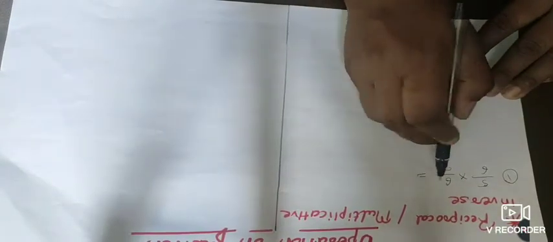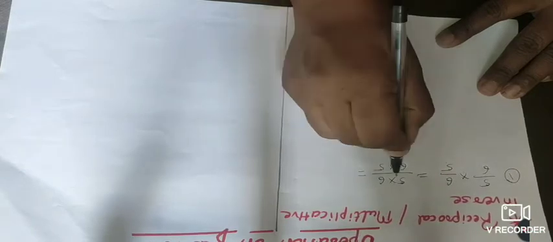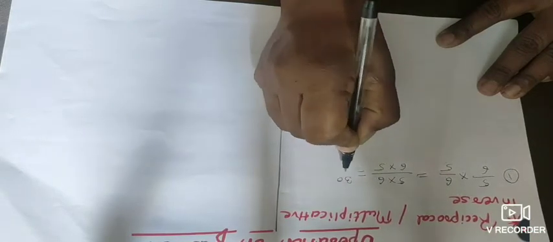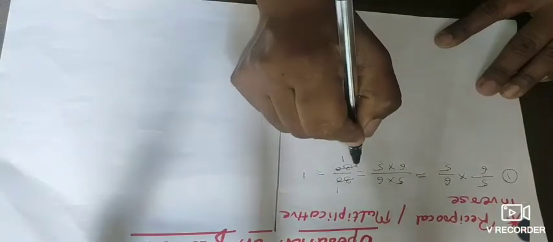So this is the first example. What is given here is 5 by 6 into 6 upon 5. When we solve this example, you will notice what I told you: whenever we are doing multiplication, we have to multiply the numerators, so 5 into 6, and here multiply the denominators, so 6 into 5. 5 sixes are 30, 6 fives are 30. 30 gets cancelled with 30. So the answer is 1.